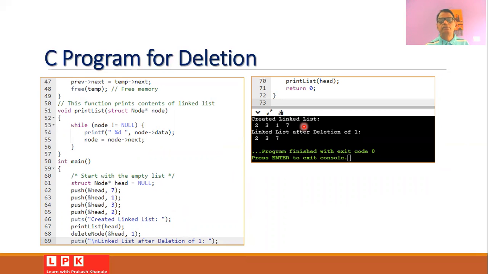There are 4 elements. And when you delete 1, then the remaining elements from the linked list are 2, 3, and 7. So in this program, what we have done is that we have deleted the element which is present in between and which is neither at the start nor at the end of the linked list.